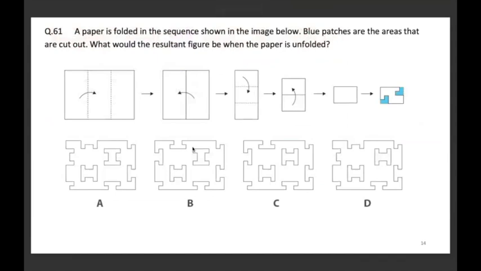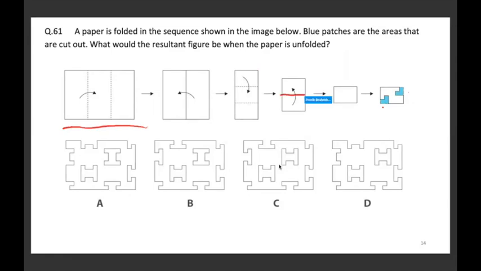A paper is folded in the sequence shown in the image. Blue patches are the areas that are cut out. What would the resultant figure be when the paper is unfolded? You're given this sequence of folding, then you're given this blue part which will be cut out. When I unfold the whole paper in the back sequence and open it up in this manner, how will the cutouts be? In this case, all you have to do is, whichever is the axis of fold, just keep on